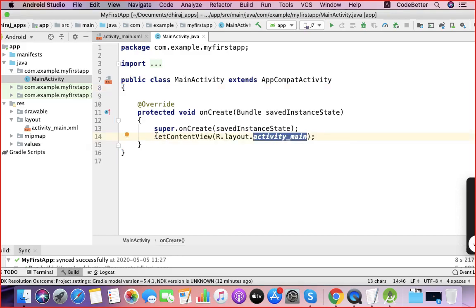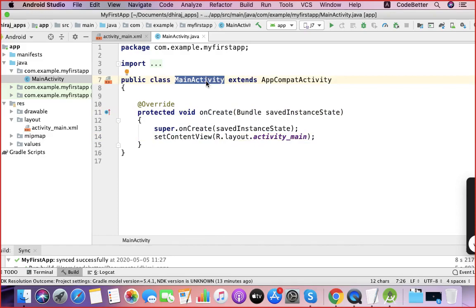Okay, so tell me, in C#, how does your application start? Is there any main function? Yeah, here onCreate is the main function of this screen. So everything starts from onCreate.